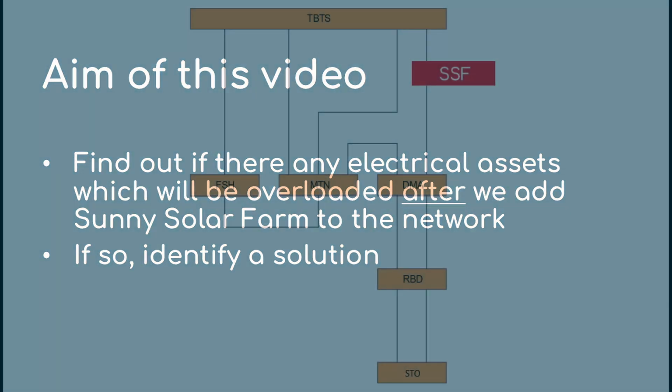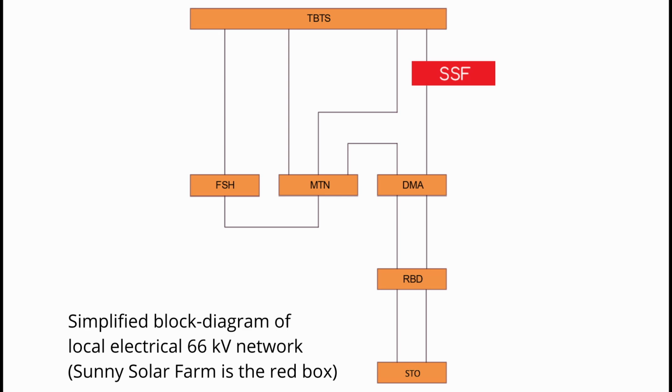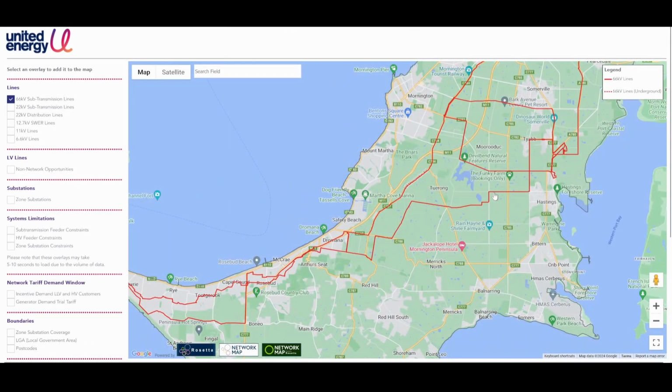The first step in the process is to request a power system model of the local electricity network from the company which owns and operates that network. In Australia, such a company is called a network service provider, or NSP. Since we are connecting at 66 kV in Victoria, and the NSP in our area of the solar farm is